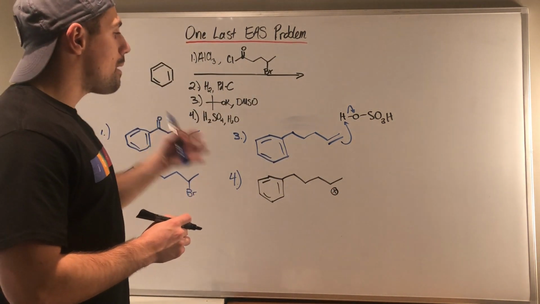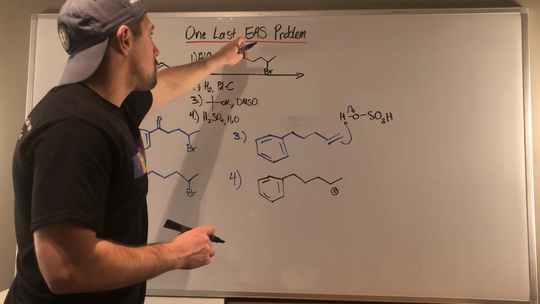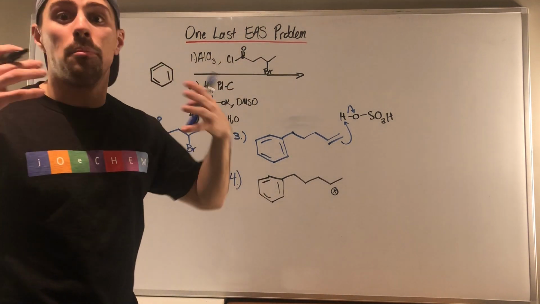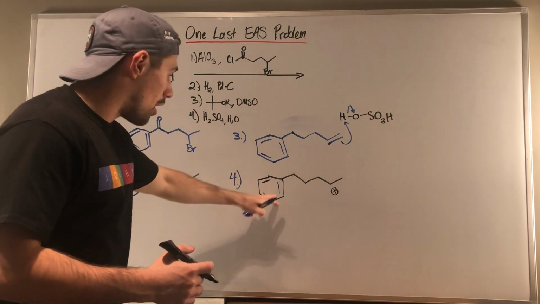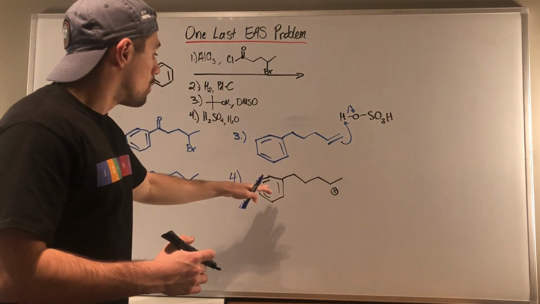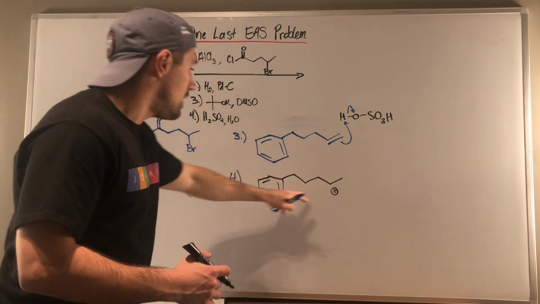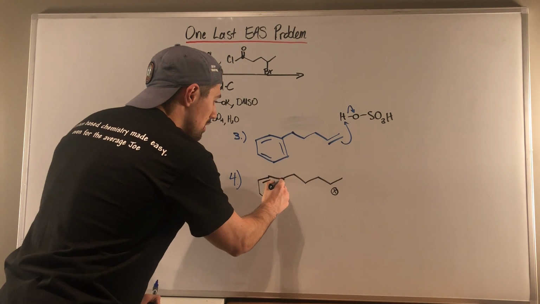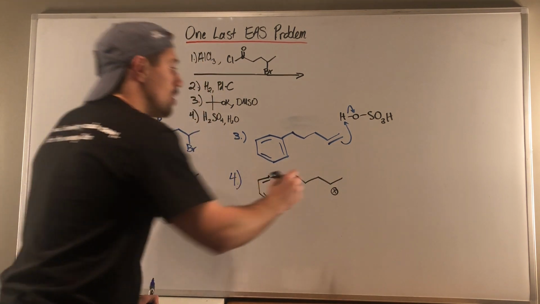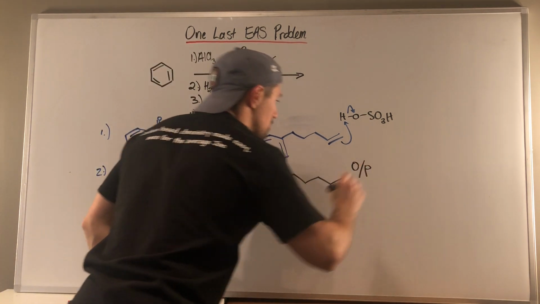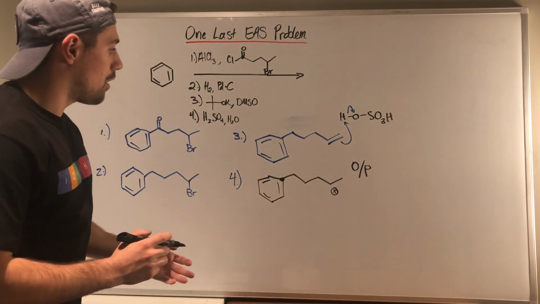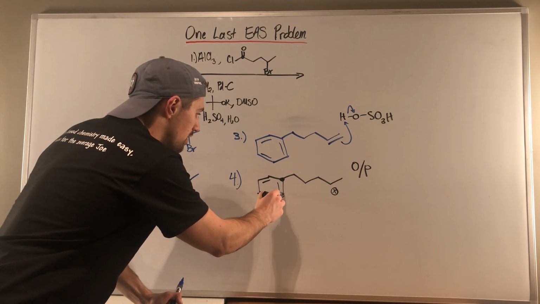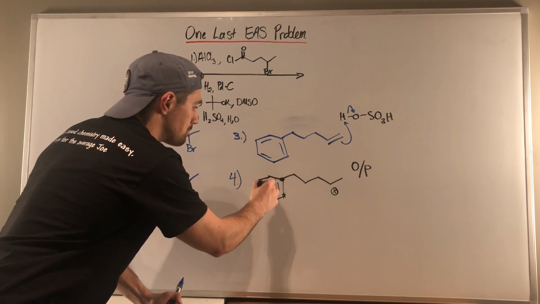Well, remember, we're dealing with electrophilic aromatic substitution. Electrophilic, something that likes positive stuff. And that's our benzene ring. Well, wouldn't you know it, we just made something positive and we have this benzene ring. And the group we have attached here, we know alkyl groups are ortho-para-directing, right? So if you think about it, maybe this carbon or this carbon, these two are the same,